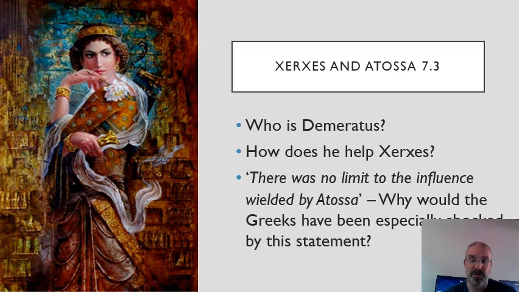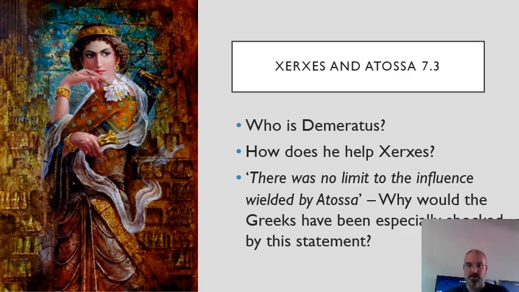So, Demaratus is an exiled Spartan king. Again, this is interesting because it shows accountability for actions. Demaratus has aroused the ire of the people of Sparta and has been thrown out of his position as king. So he is accountable, and it's an interesting counterpoint to Xerxes. Now he helps Xerxes by giving him some cunning Greek legal and rational advice, which shows you how rational and logical the Greeks are, compared to the slightly uncivilized, naive Persians.